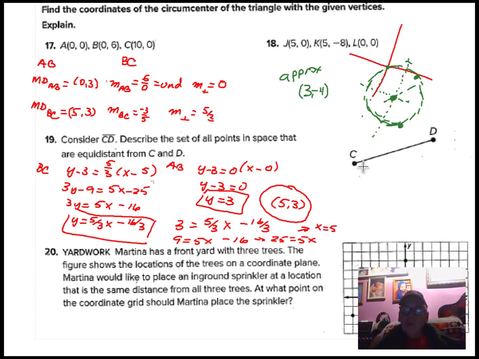They want all the points that are equidistant from C and D. So if we just did this in two dimensions, basically we'd have all these different isosceles type triangle legs, which is going to give us points that kind of line up along this perpendicular bisector. But now if we talk about space, which is 3D, we can actually kind of go back in and out. What that does is actually gives us a disk